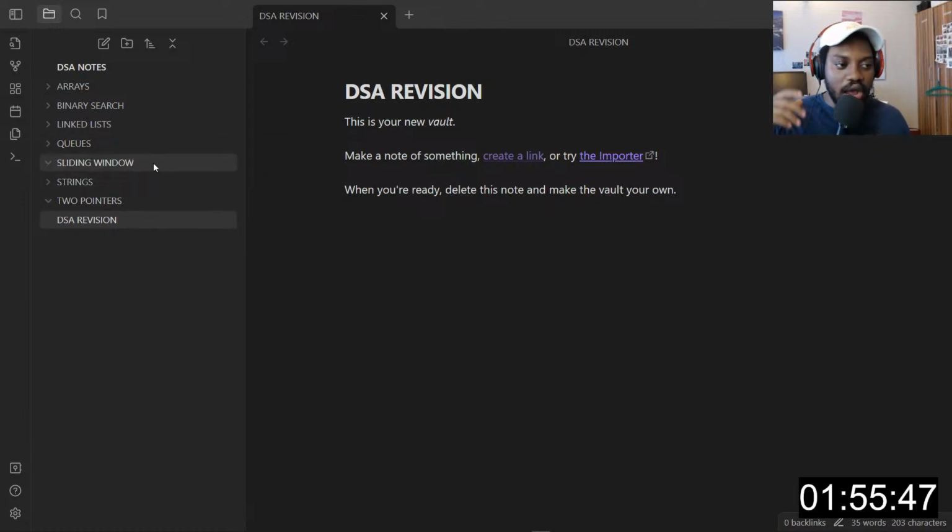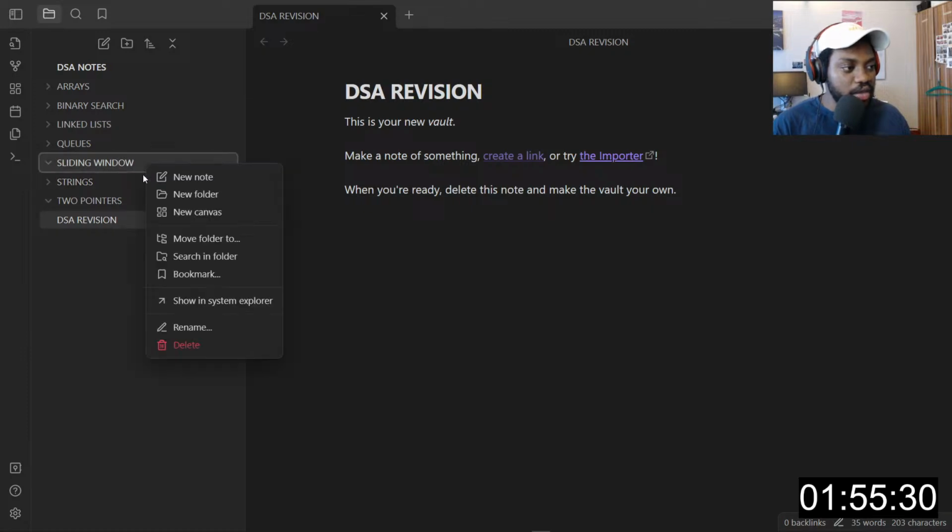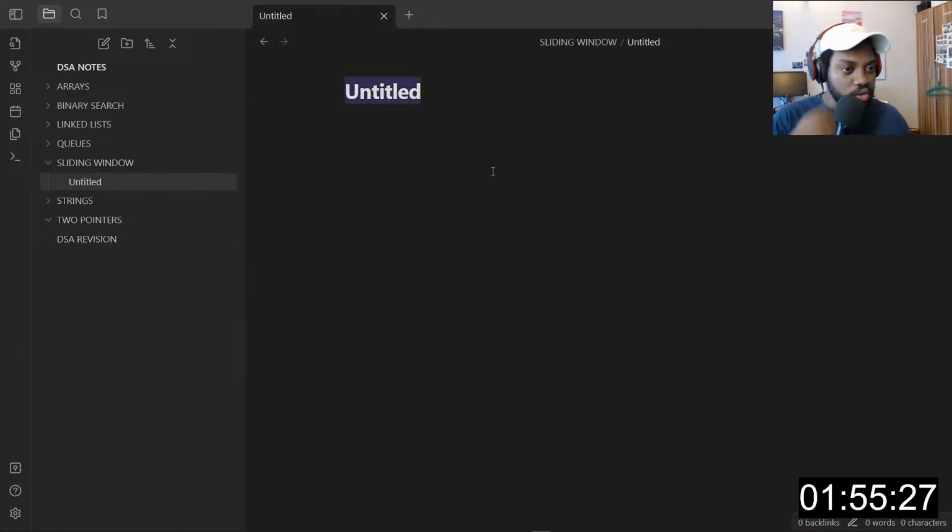For every question, I'll create a file. I can also have similar questions grouped together, explaining how similar they are and the steps to solving some questions. So let's say I create a file here, new note. This note will be called sliding window algorithm.